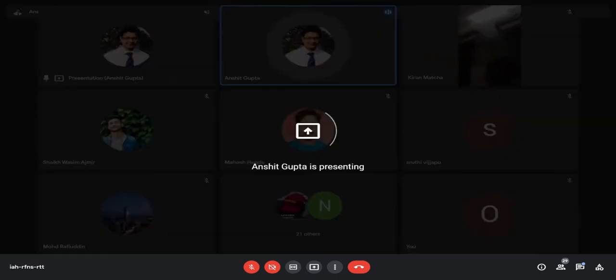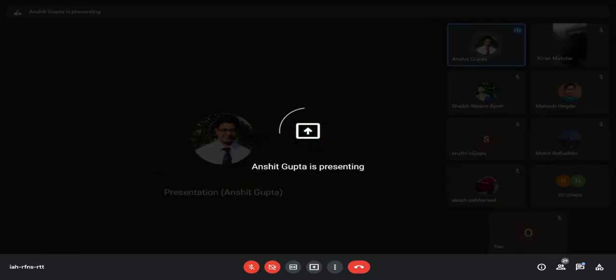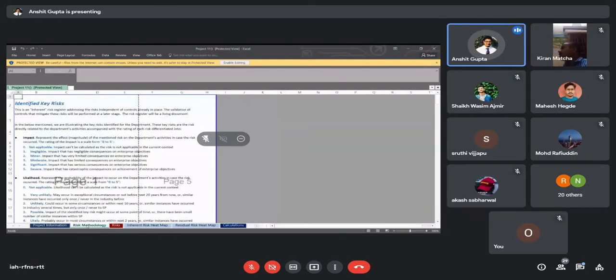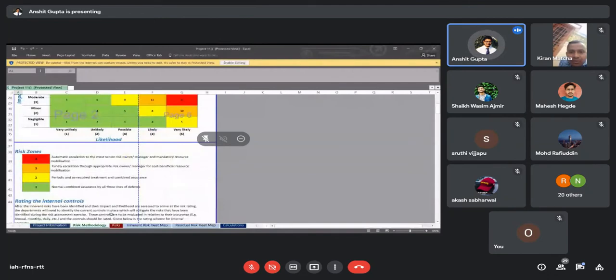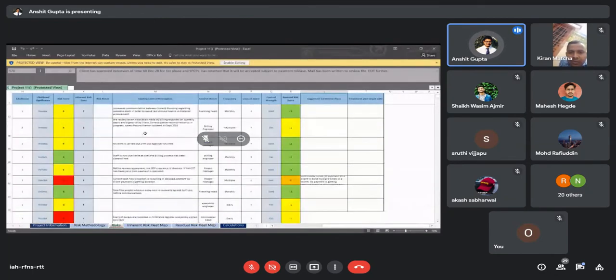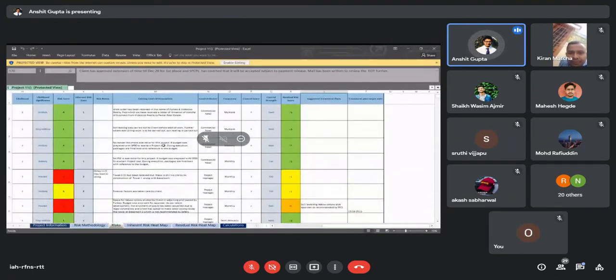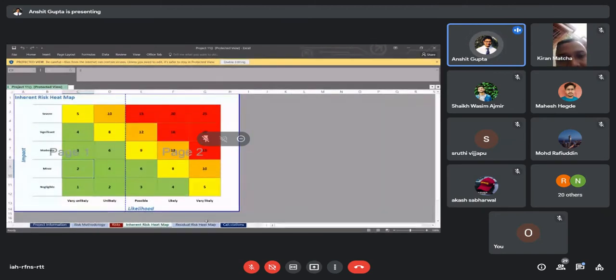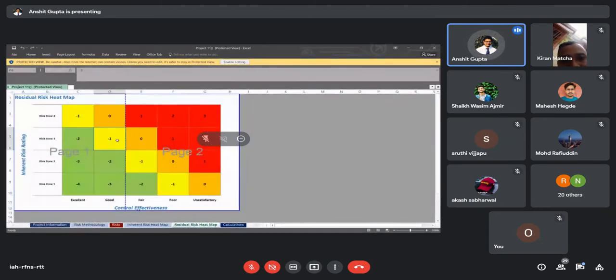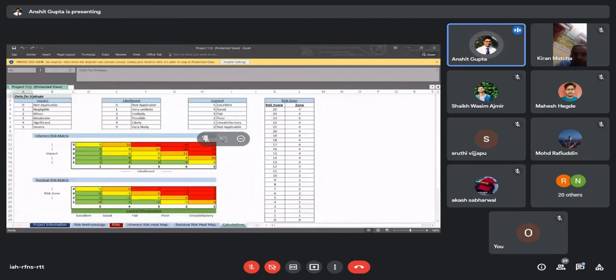Yeah, so this is how a risk register looks like. Okay, it has complete project information, it has complete risk methodology, how you are going to give the score, what will be divided into what. Then you prepare the complete list of risks, you give them scores, then you show how you are able to control all these things, then what are some inherent risks, then you show this table, then you show this residual risk heat map, then you show your calculations. All this is a risk register.